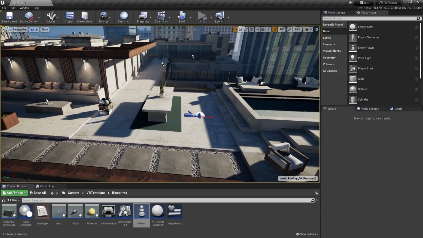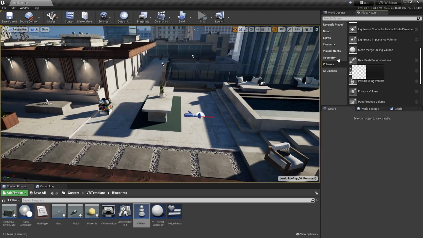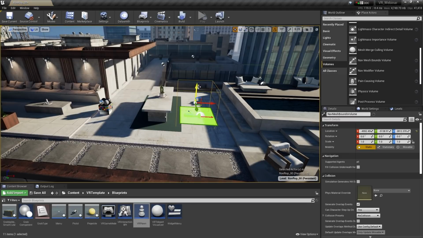Next, we want to add a nav mesh bounds volume and scale it to fit your navigable bounds.